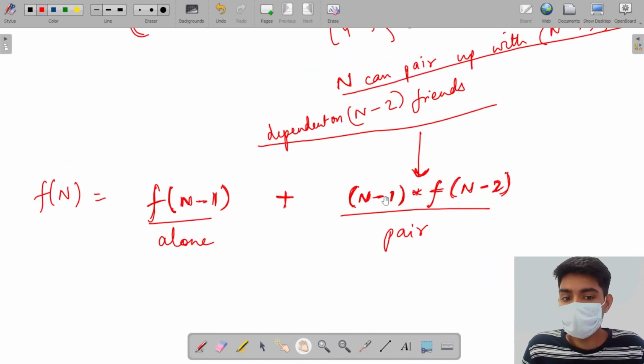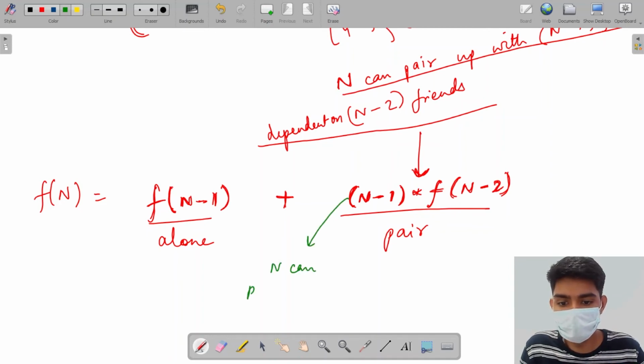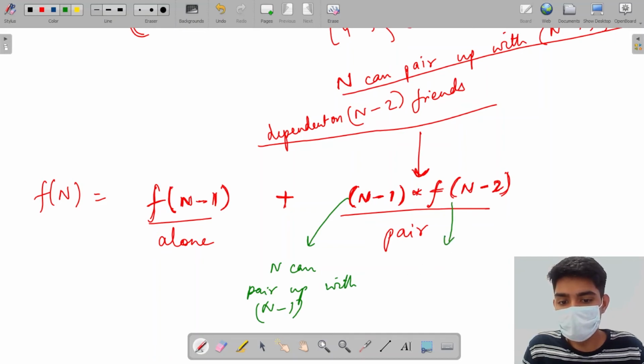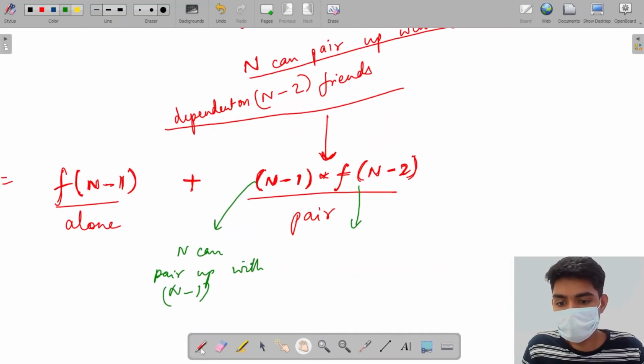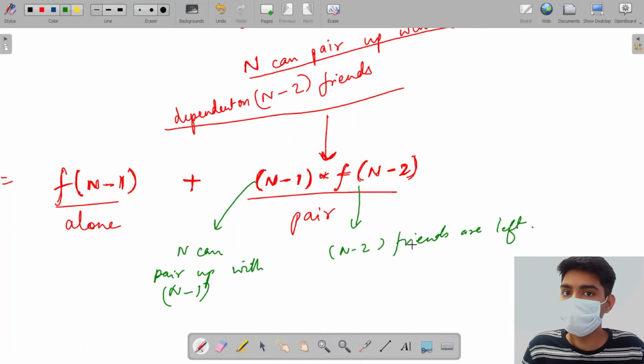If n is pairing up with someone, n can pair up with n minus 1 people, and since n can pair up with n minus 1 people, n minus 2 friends are left. And since n minus 2 friends are left, they are going to go in their own way,